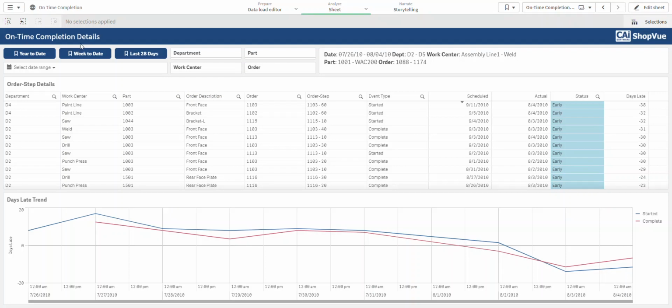So taking a look at the on-time completion details sheet, you can see I've cleared my selections here so we can look at some more data. But the order step details table has department, work center, part, and some information about orders, the event type, whether the record we're looking at is the start of an order step or the completion of an order step, as well as comparing our scheduled date to the actual date for activity, the status, whether it's early, on time, or late for that order step,